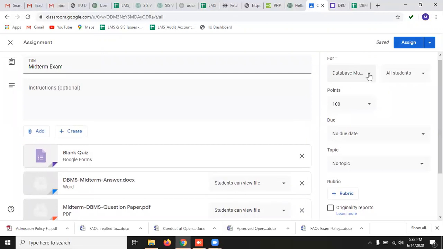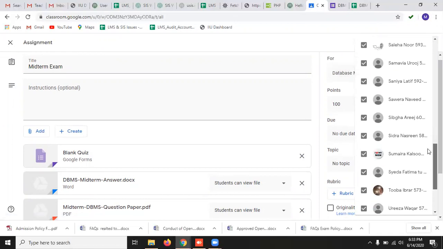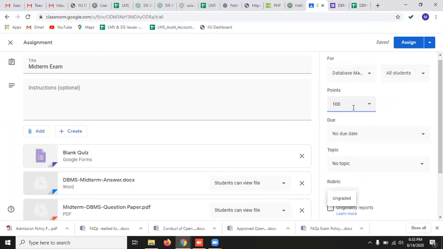Now this paper is only for the database management students and it is for all students. If the audit team is enrolled here, you can uncheck the audit team members from here. Set the points of this midterm as 40 points. What is the due date?